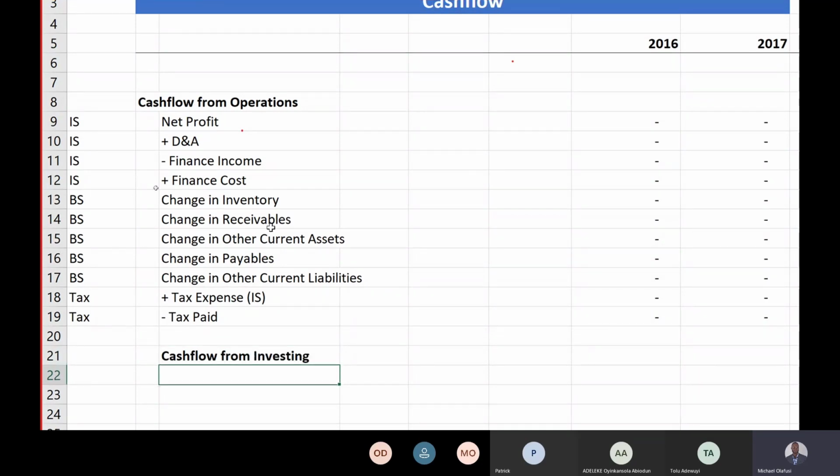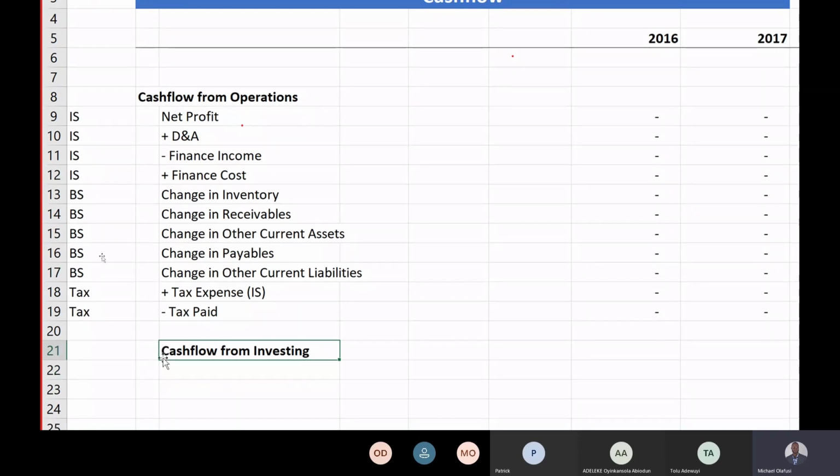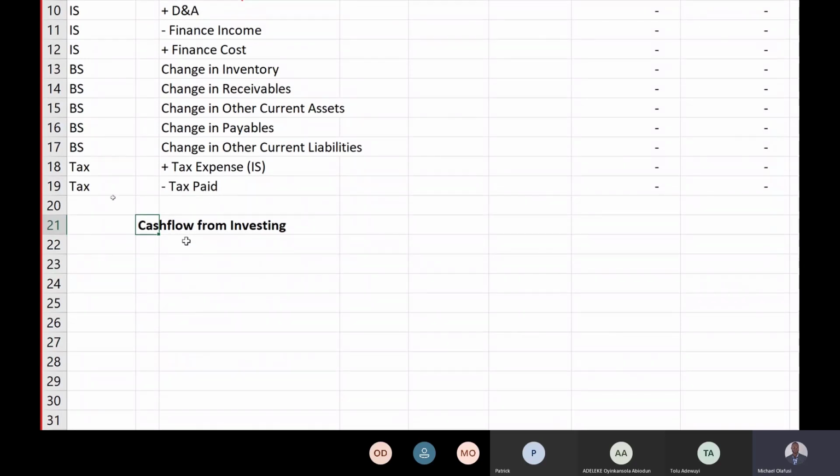And like I told us, cash flow from investing relates to whatever happens to the long-term side of your balance sheet, apart from financing, equity and debt. Every other thing that is long-term on your balance sheet side is captured here. So what are the kinds of long-term stuff? Capital expenditure, asset disposal,